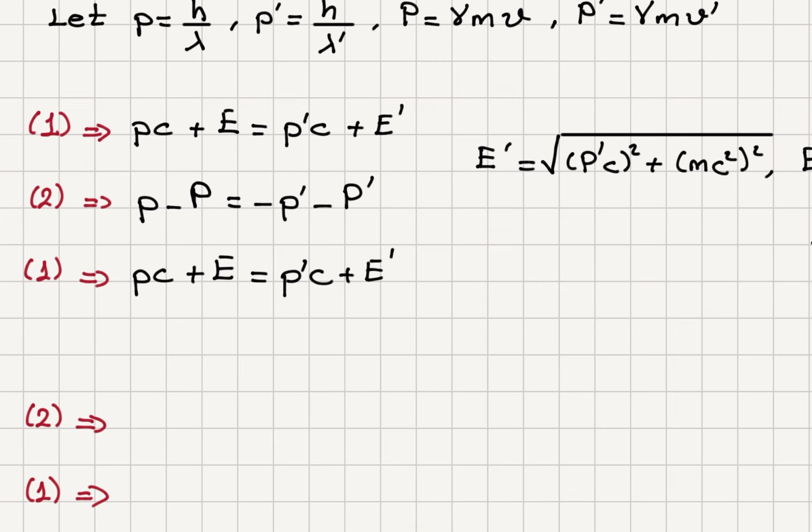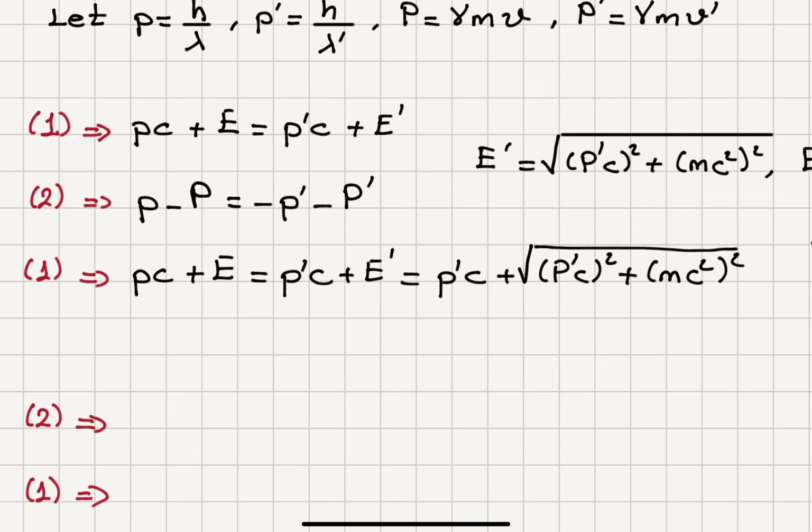For capital E prime, I'm going to substitute the square root of capital P prime c squared plus mc squared squared. So I've just substituted this for capital E prime into the energy conservation equation,